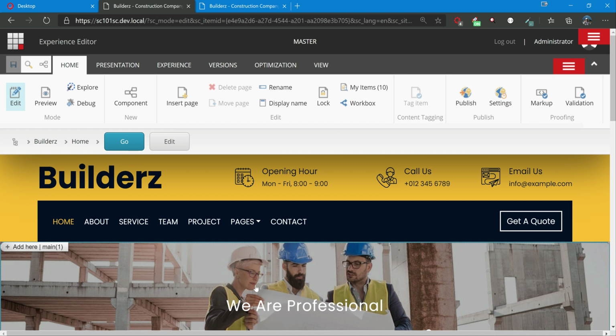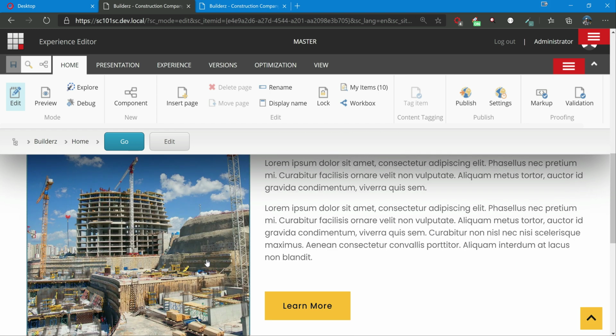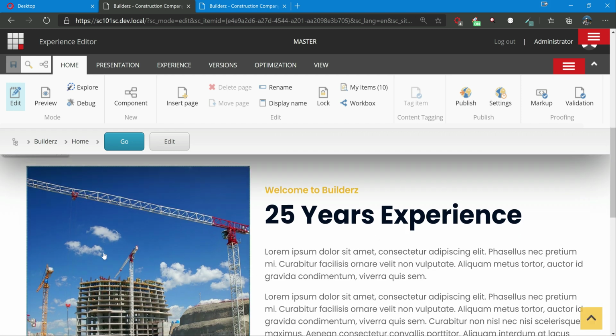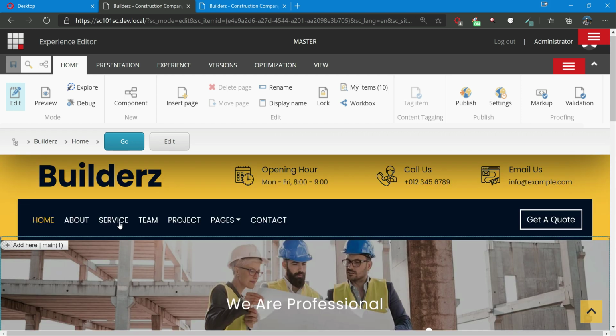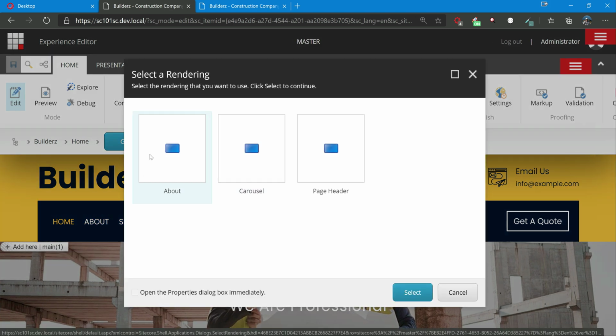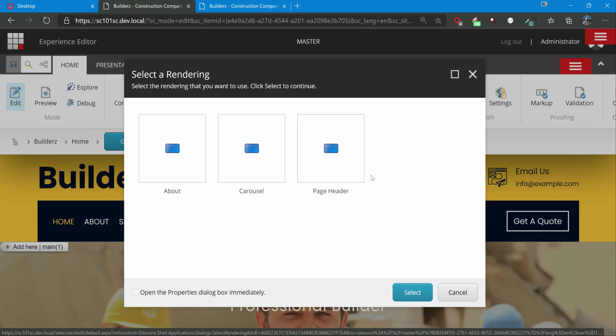So this is on main, right? This carousel, and also about here. It is telling us we can add a component here above this carousel, or below the carousel, as well as below about. Either place we can add. If you click on this, it will open a pop-up. I've already set the placeholder settings. Later we will discuss placeholder settings in another video, but I've already configured them.